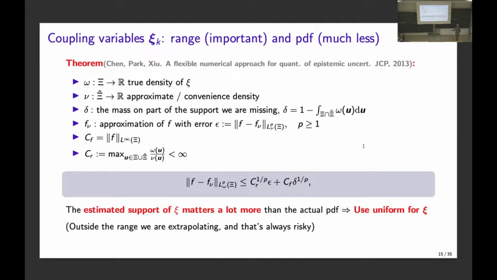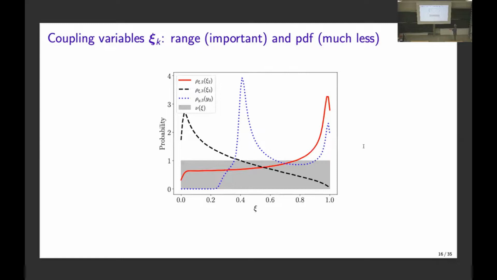So if I screw up the PDF, I slow down the convergence by a constant, not by the rate, okay? So I do pay something if I screw up the estimate of the PDF of the X's, but that doesn't impact the rate of convergence of the overall thing. It just impacts the constants. Okay, so it's safe in a sense. The constant depends on the ratio between the peaks. So if the true PDF is very peaky, and I replace a very peaky thing with a uniform thing, then I'm paying more than if the true PDF is more gentle.